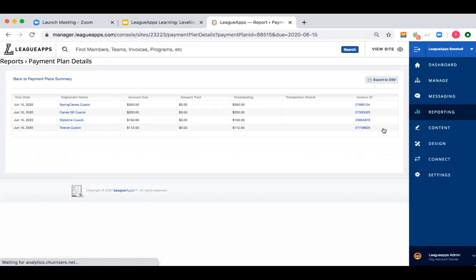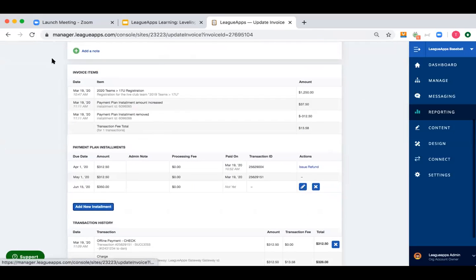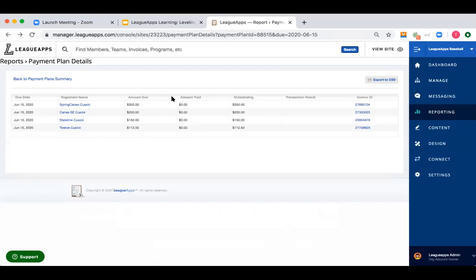If I click show details, it's going to take me to a listing of everyone who's on a June 15th installment plan. And I can go right to their invoice here to make any adjustments I want using the pencil icon. So it's a really quick way to just see all the payment plans, where they're at, who's paying soon, anything like that. It's also a good way to spot if people aren't making payments. And let's say you have a certain payment plan where you're noticing there's a lot outstanding. It's a good way to get on top of that ahead of time. So there's a lot of great use cases here. It's very relevant in the world of COVID-19 where things are getting pushed back and return to play is very muddy.